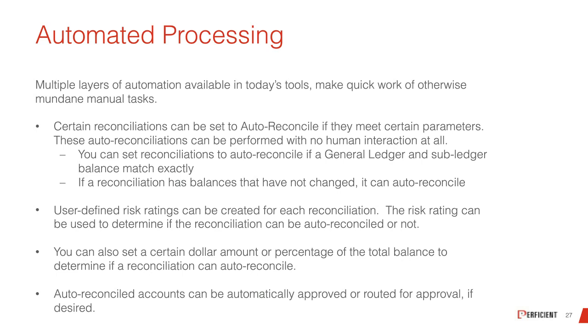You click Submit, and you're done. You can also assign different priorities to it, such as if it's a medium risk reconciliation and it auto-reconciles, no one looks at it. If it's a high-risk one, you can set all the high-risk ones to be reviewed by management. So it gives you the flexibility to create these rules. You can do it within certain parameters. If it's less than $100 or 1% of the balance, if it's that close, it'll auto-reconcile.